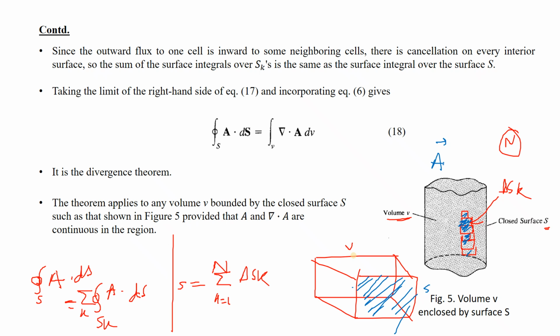How many surfaces are there in a cube or a cuboid? Six. So six surfaces. So S is one of the surfaces. Suppose it is a cube. All the surfaces are of equal dimension, equal meaning measurement. So the front is S. Now if we divide this into small pieces, suppose